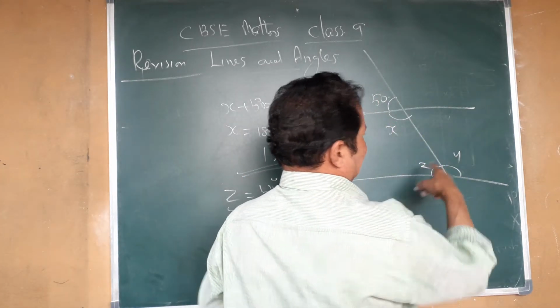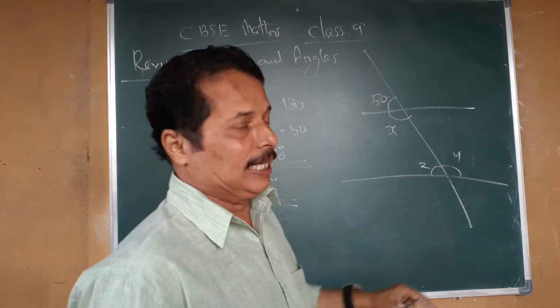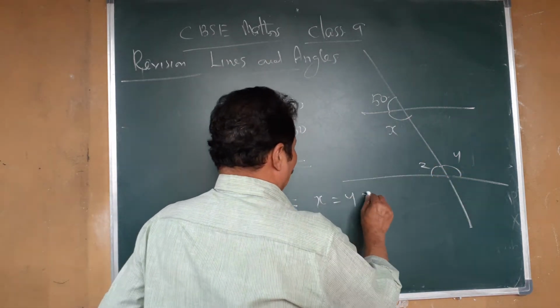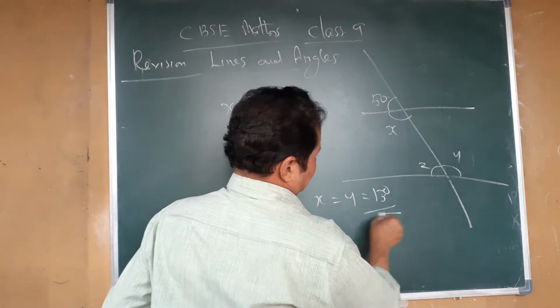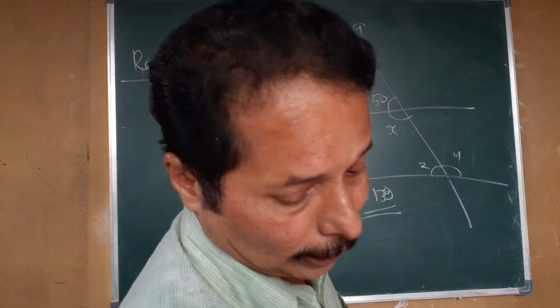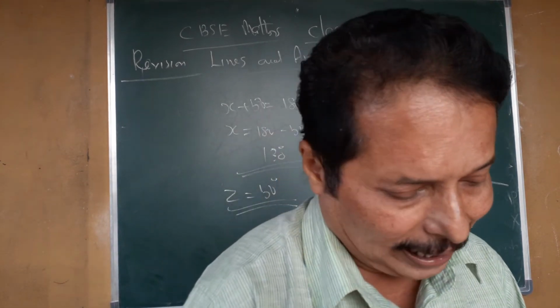Similarly, X and Y, they are alternate interior angles. Therefore, X is equal to Y is equal to 130. Is it clear? X equals Y equals 130. Next,